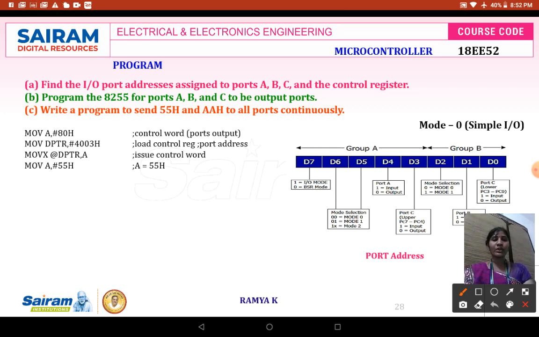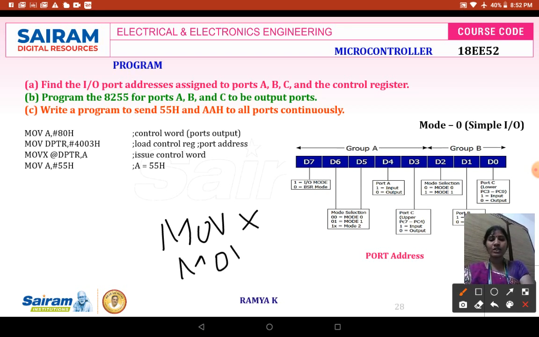Suppose you want to share data between 8051 and the external RAM, then you have to use either MOVX or MOVC instruction. Why? Because MOVX is used to transmit the data to an external memory. Here it is used to transfer the code from the accumulator to the external memory.